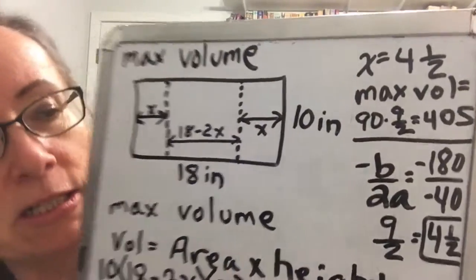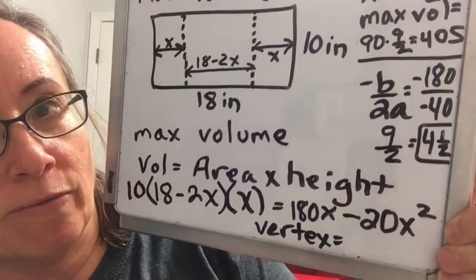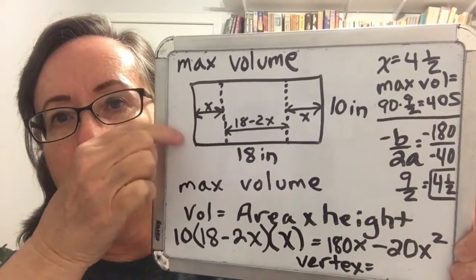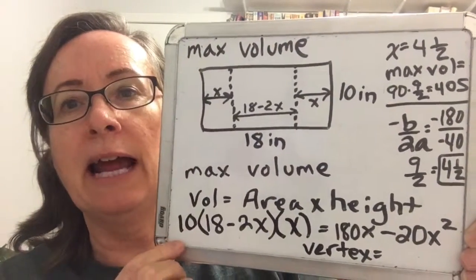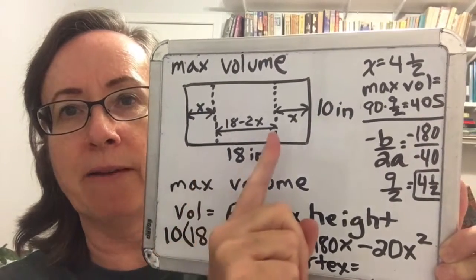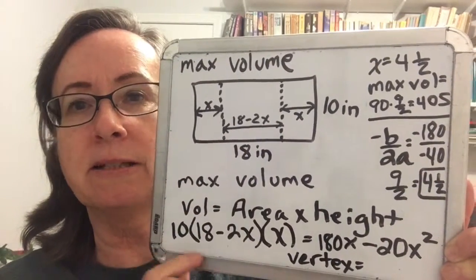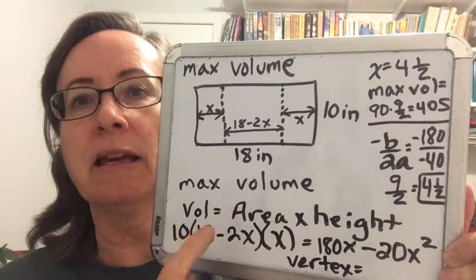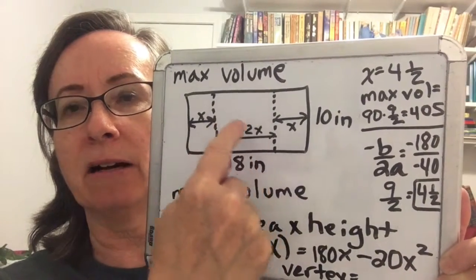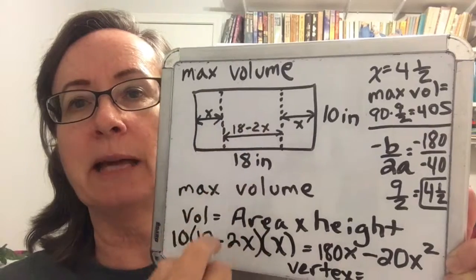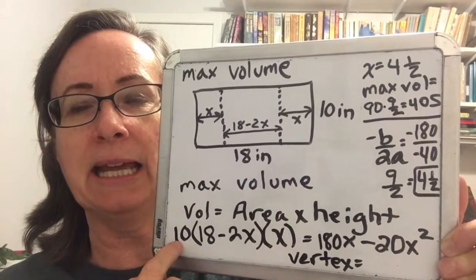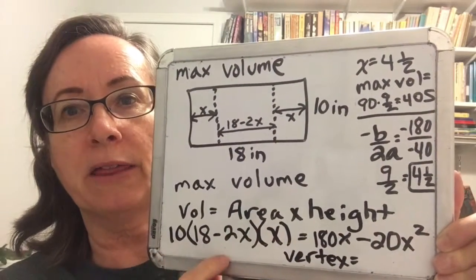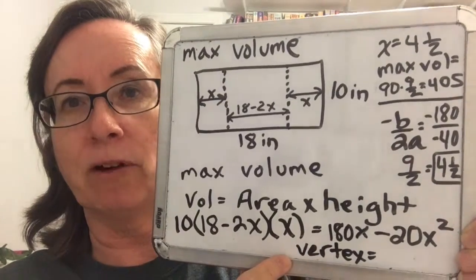So what I did is I just made an equation for the volume that this file could hold. And 10 for the depth of the file here, and then 18 minus 2x, which would be the bottom part of the file, because to find volume, you're going to find the area of the base times the height. So the area of this base, when we fold up those sides, is going to be 18 minus 2x times 10, and then the height is that x that we're folding up. So when I multiply all three together, I get a good formula for the volume